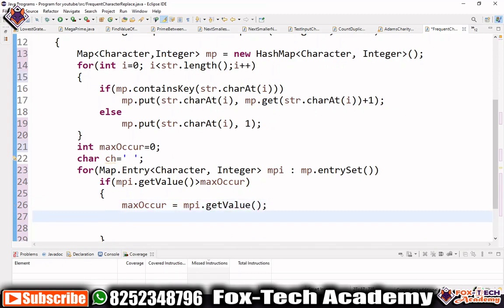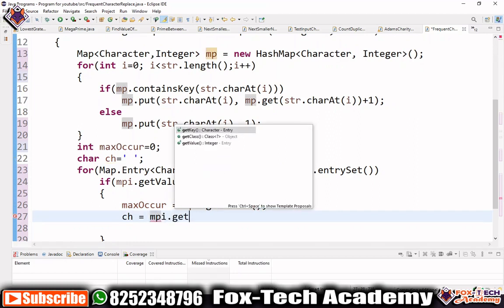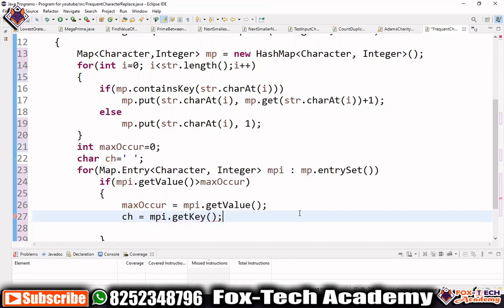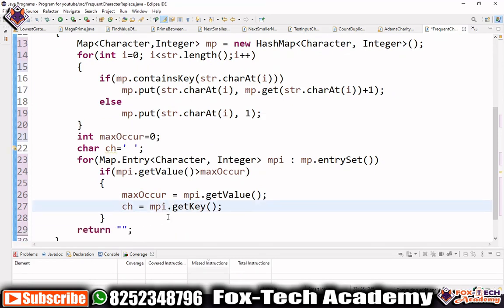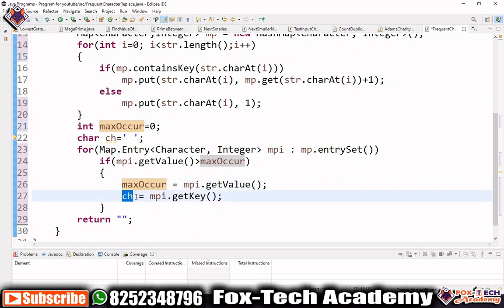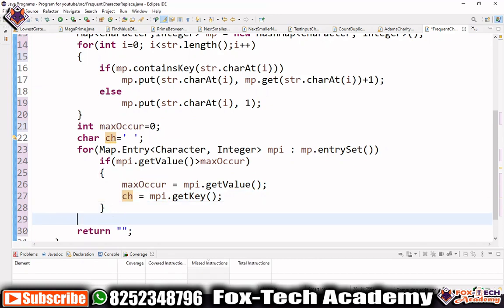And now we have to change ch equal to mpi.getKey. Here we have found the highest occurrence, and in ch we have the character which has the highest occurrence. So after this one what we have to do?